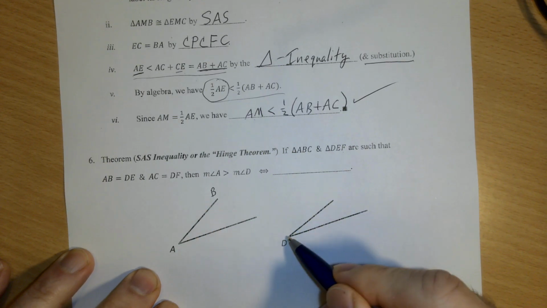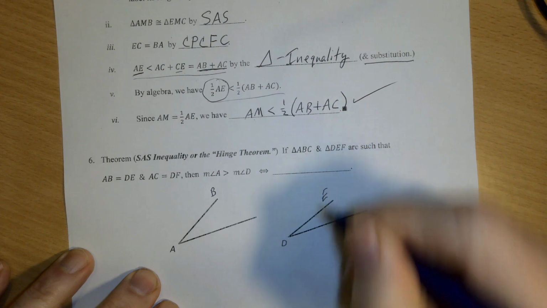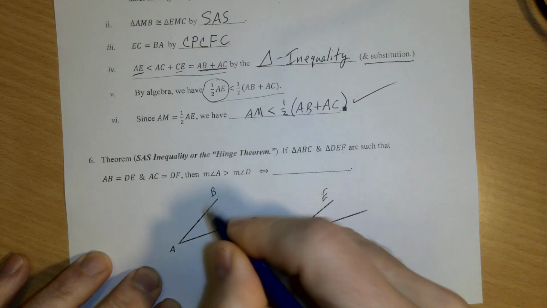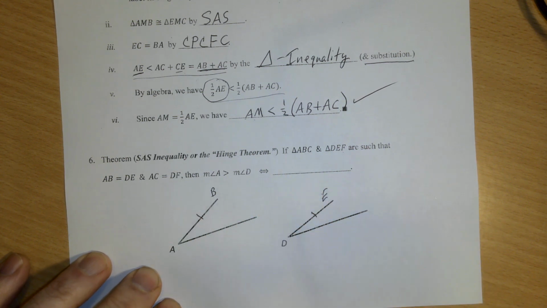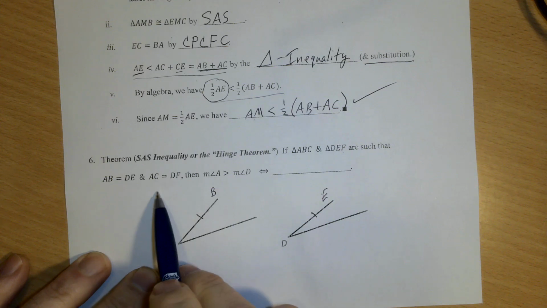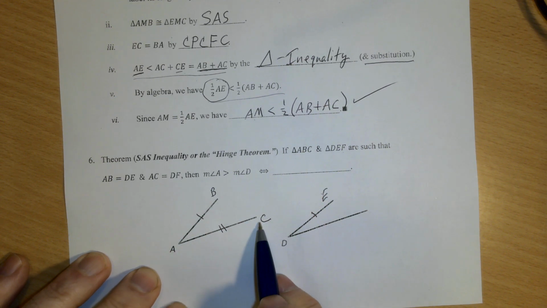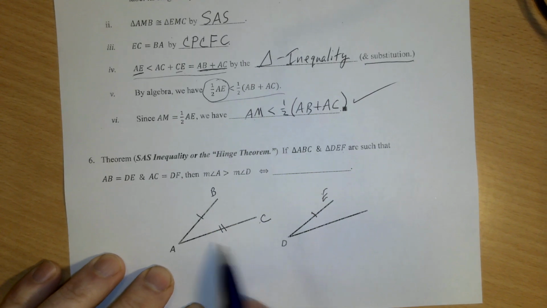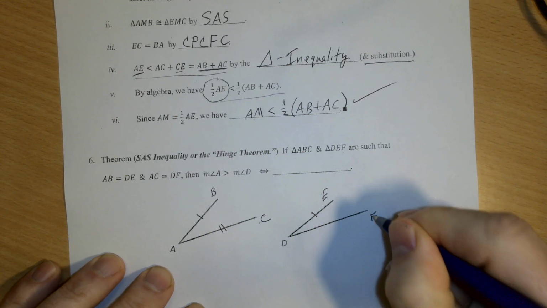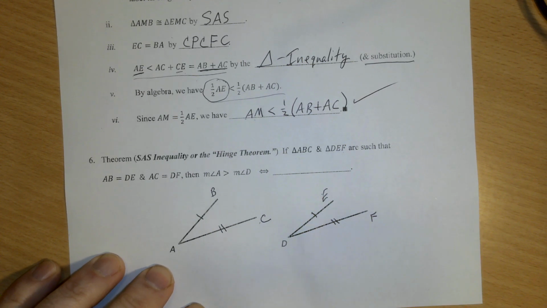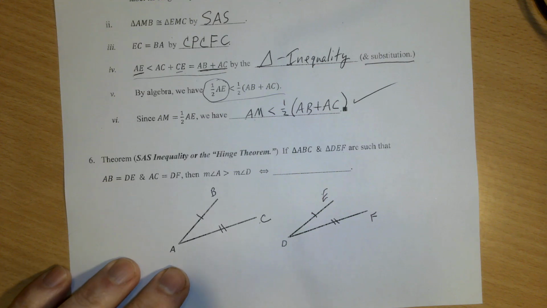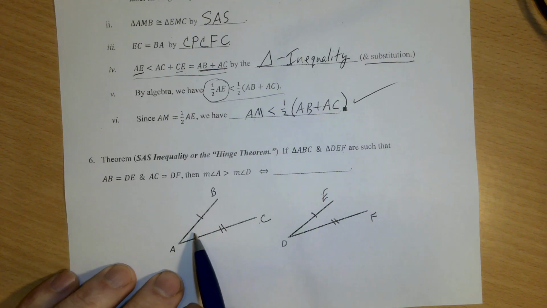AB is equal to DE, and I made them so that that side length is that length. And AC, that side, is equal to DF, so we'll label that F. Those are equal. Then the measure of angle A